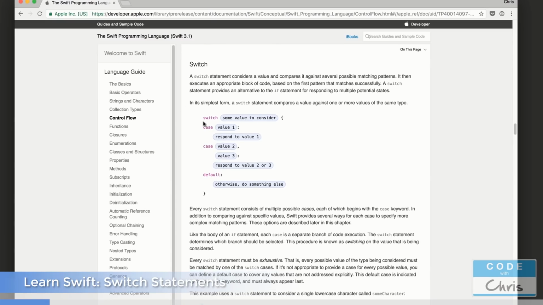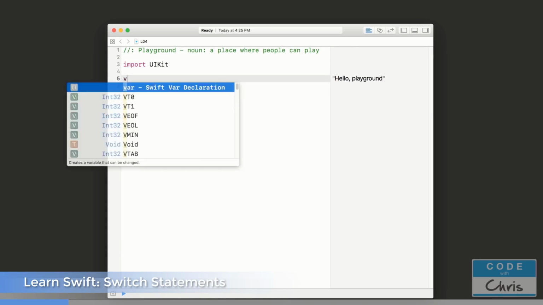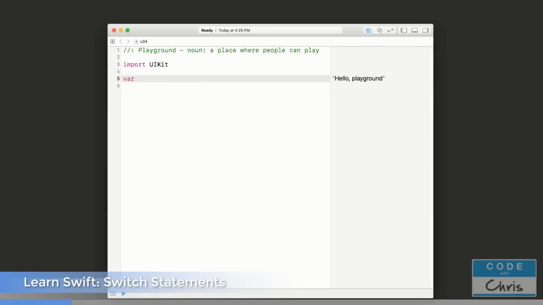And you can see here what the basic syntax is for this switch statement. Okay, so let's jump back into our playground and we can do an example of a switch statement. In here, I'm going to do the same or a similar example as the one in the guide,